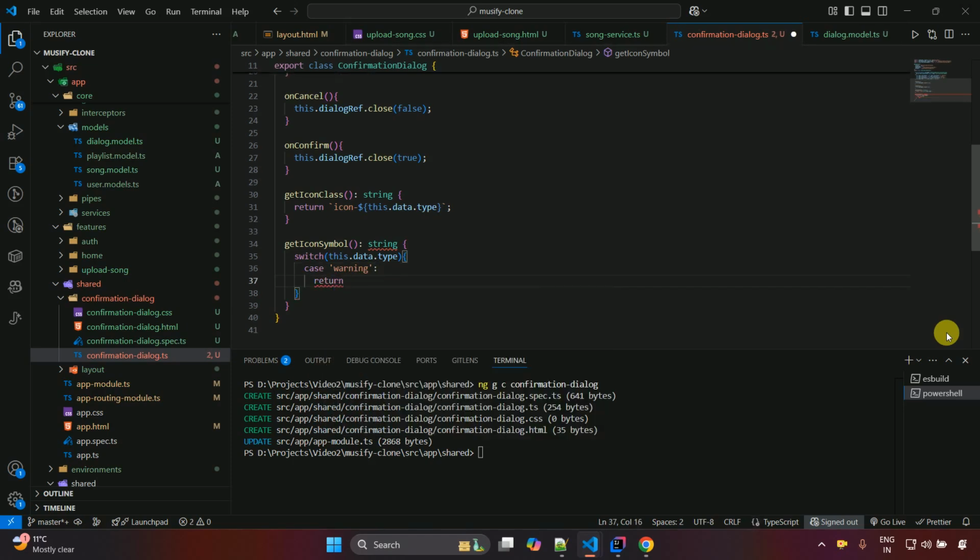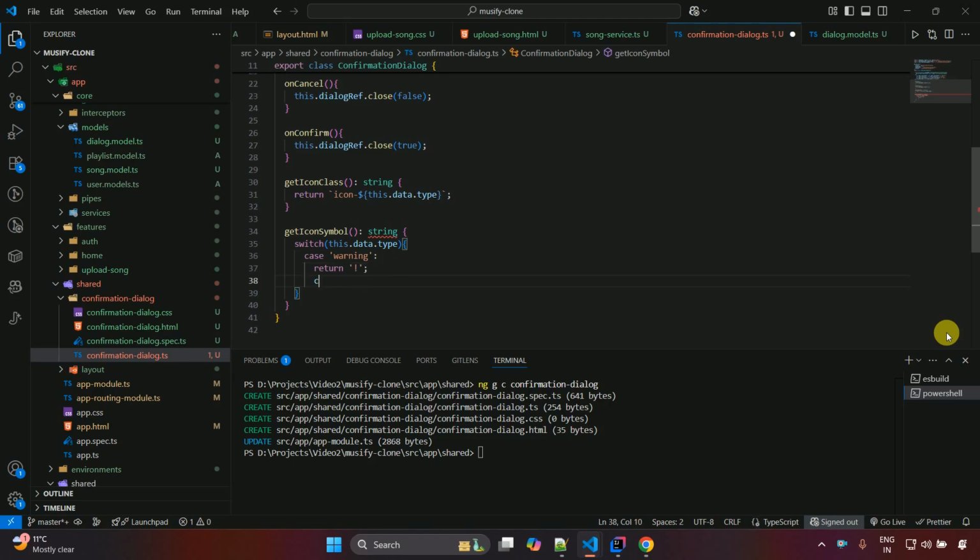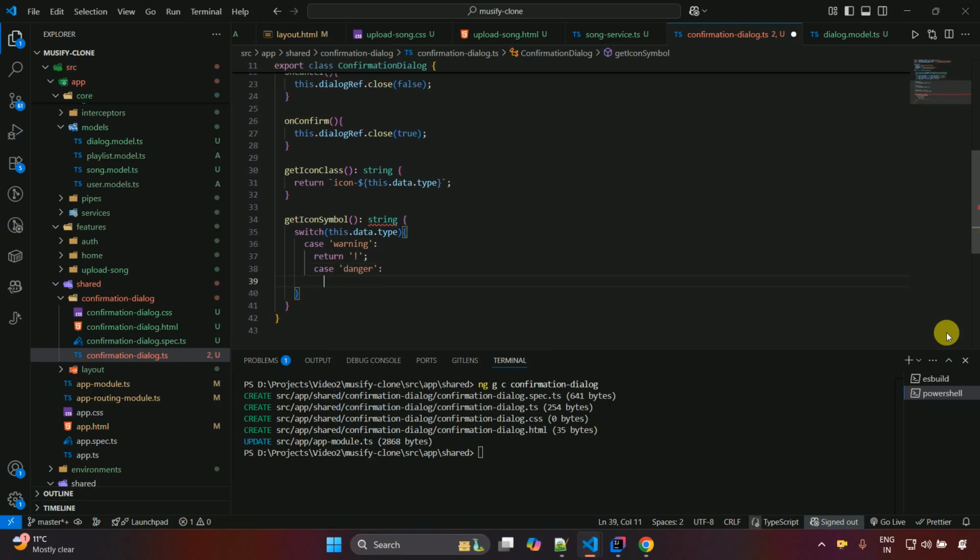and over here we have to just put a space, start or not, no, it works fine. Put a semicolon and case danger, and then return. And I have already provided in the descriptions related to the different icons, so you just need to paste this, and the file name will be